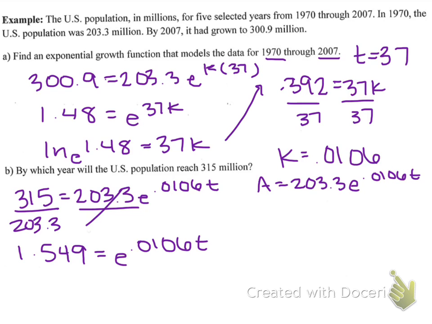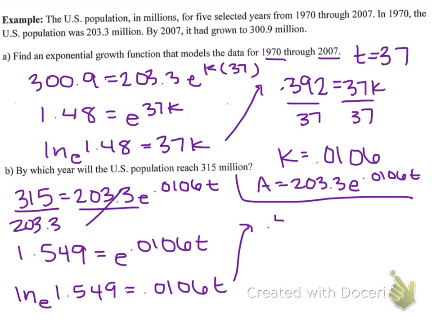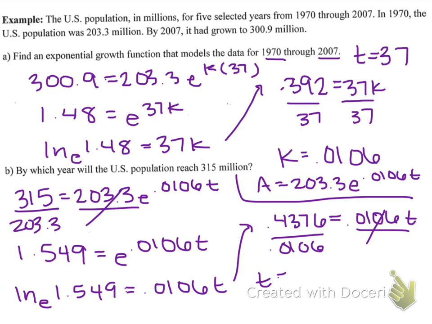We're going to put it in natural log form, equaling the exponent. Natural log of 1.549 is going to equal, this is from above, 0.4376. And again, you can use your calculators or you can use Google to verify that. And then we're going to divide by this decimal to get t by itself. And when we do that, we get about